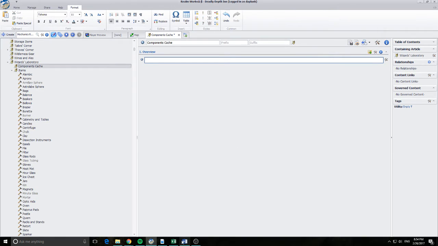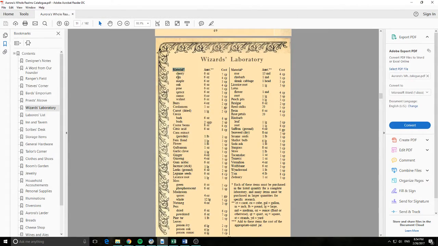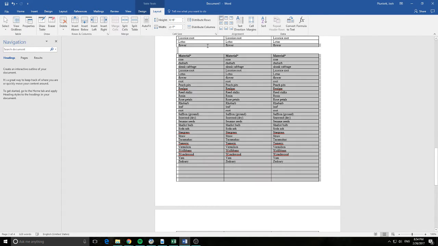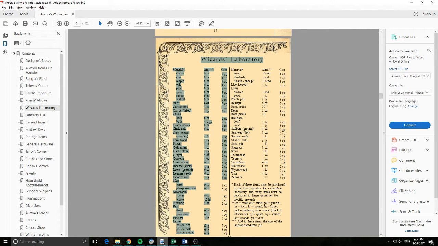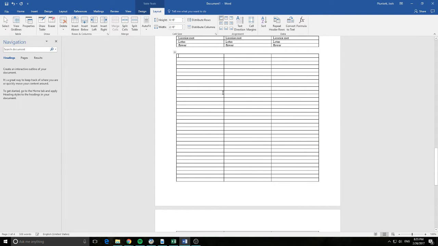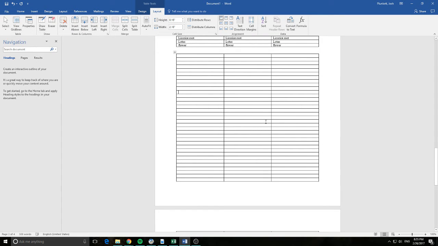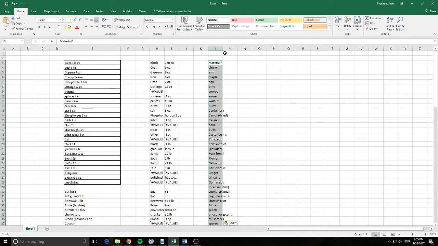Now, there are some complexities here though. Let's have a look at it. If I was to do this one, trying to do the same thing, God knows what will happen. Cherry, cherry, cherry, elm, elm, elm. That's not working how I want it to. Alright, it's replicating all sorts of weirdness. Okay, so that's obviously not going to work. And this did involve some manual interpretation, but what we can do generally,